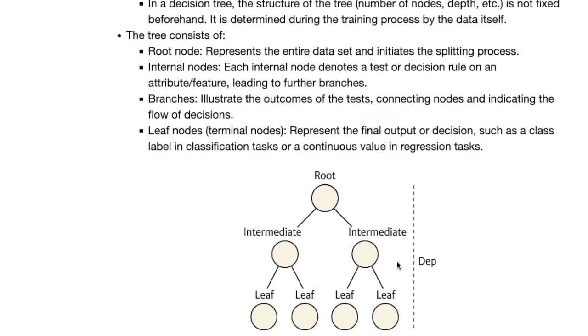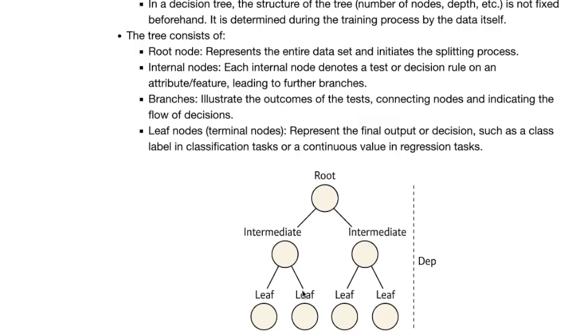So intermediate or internal nodes are very much similar to the root node, but they are what we usually call children of the root node, right? So that's how we get from the root node to these intermediate nodes. And in this case, we have further conditions on exactly the same feature or other features, and we split the data again. And these branches that you see, these are the outcomes of these tests or conditions, meaning that in the simplest case, if we have a binary scenario, we have true or false,